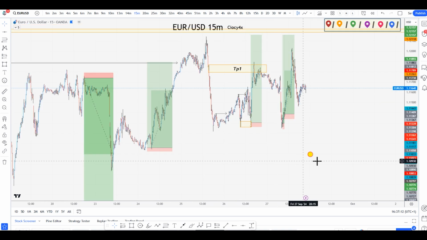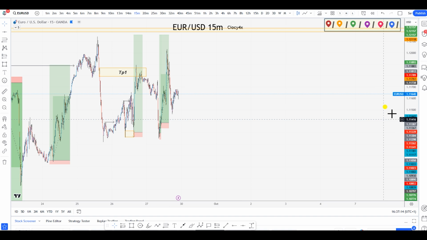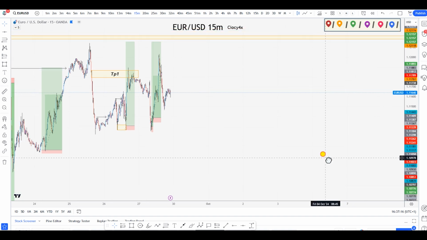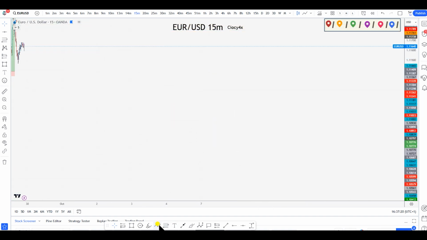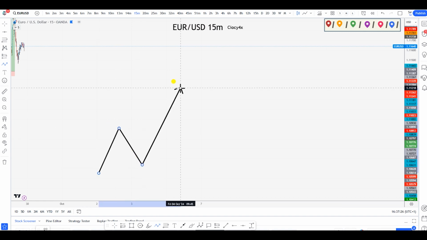Anyway, this being said, let's start with the topic of the day. So why do you guys think that people always complain about saying that high risk to reward trade is not possible? What is exactly the definition of high risk to reward and why does this matter, why is this very important?